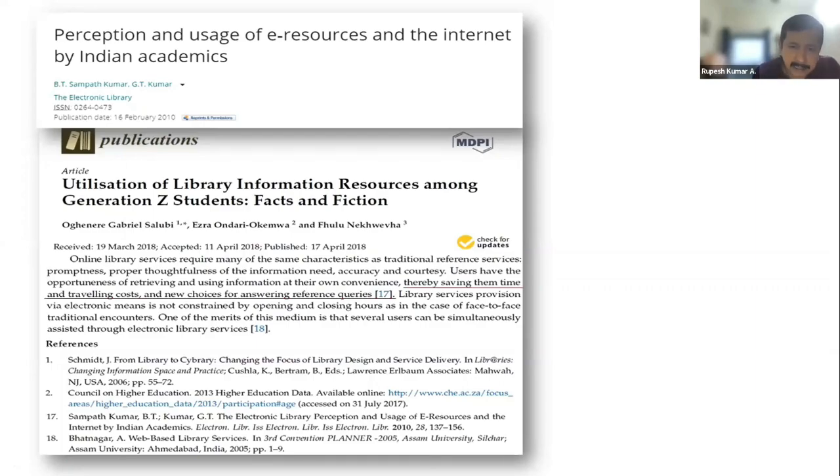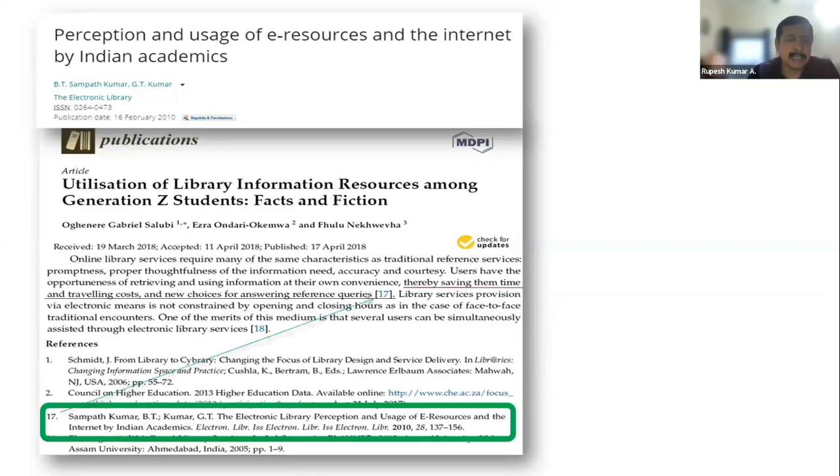Here they say, please look at the underlined line, thereby saving them time and traveling costs and new choices for answering reference queries. And in square brackets, you see number 17. Okay. So what is number 17? If I go through the references found at the end of this 2018 article, I see a reference to the